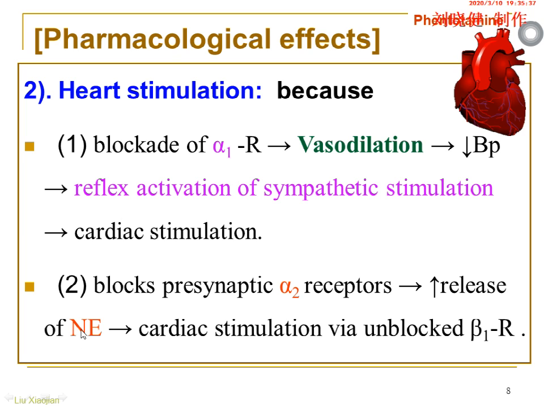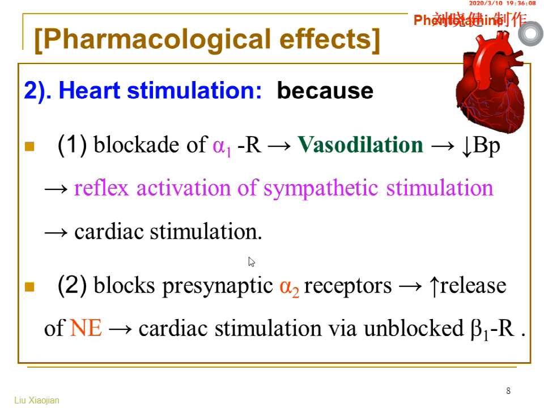So this neurotransmitter can act on the heart. It also can activate beta-1 receptor, which is not blocked by phentolamine. So it also induces the same result, cardiac stimulation. So usually, phentolamine causes the heart rate to increase